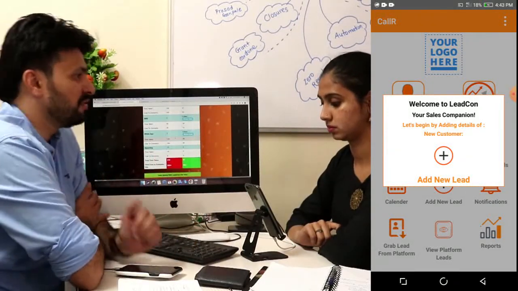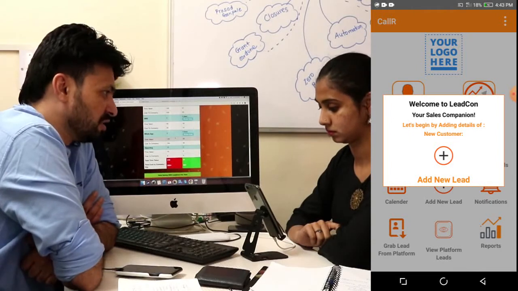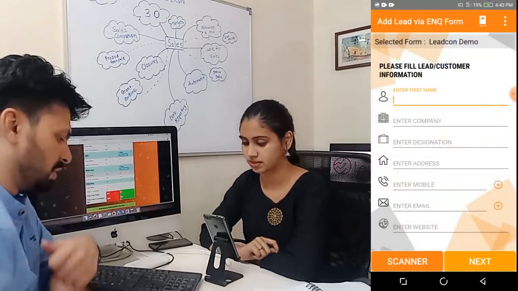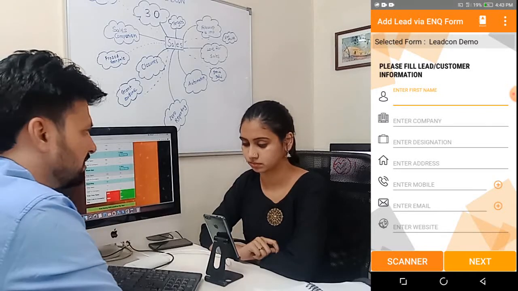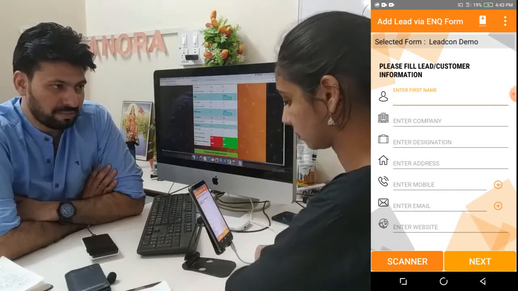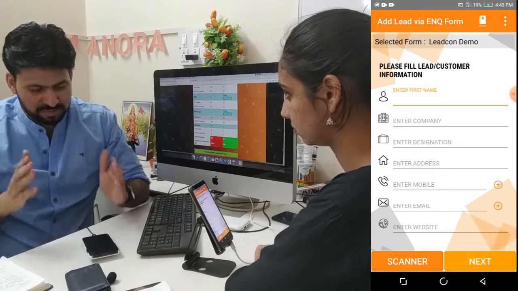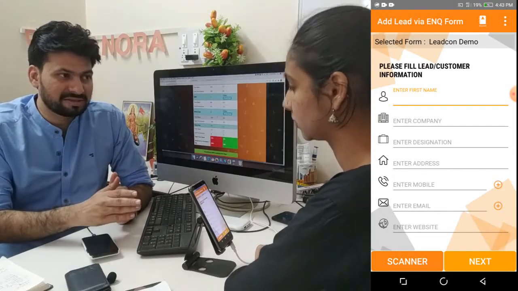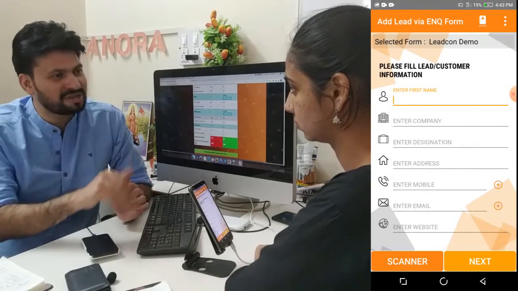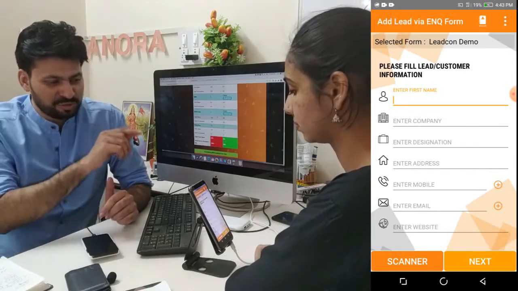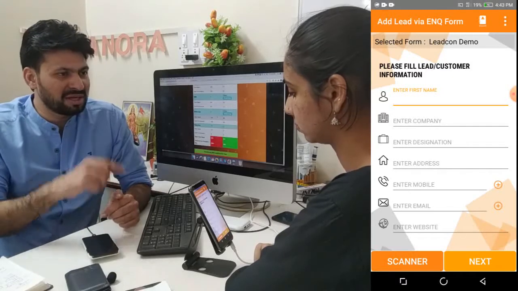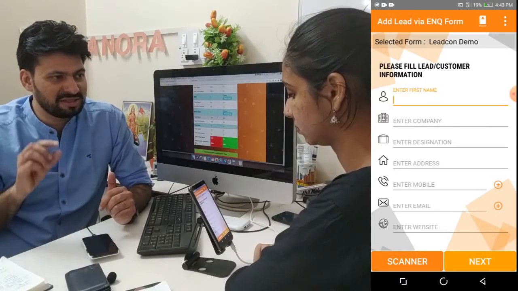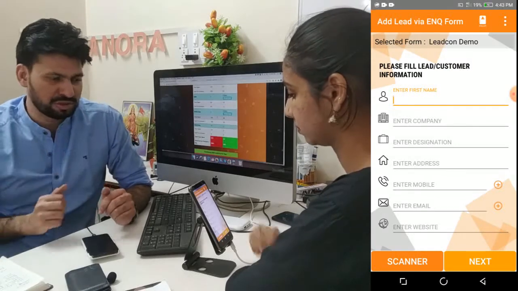Hence, knowing your customer is very, very important. For the demo, we are going to start off by adding a new lead. So click on add new lead. It's a plus sign in between. Click on add new lead and you can see a form must have opened up, right? Now for the purpose of the demo, I would like you to put in your own details. Let's consider yourself as a customer as of now. So you put in your name, your number, your company name, email ID, everything. Then below on the right hand side, you can see the next button. Please do that.